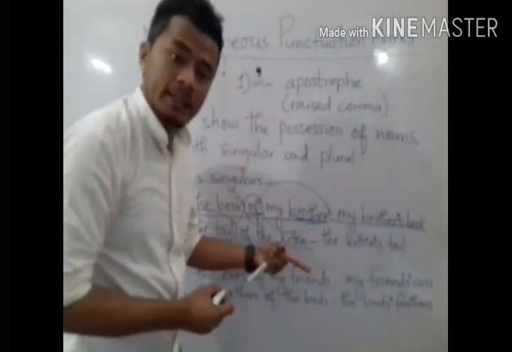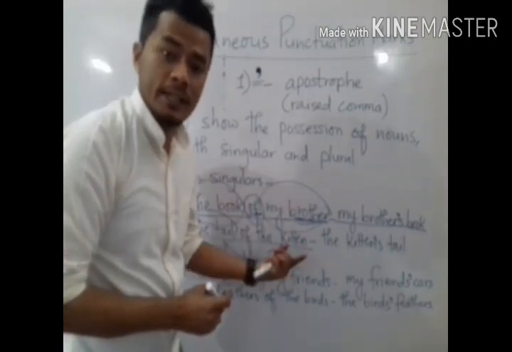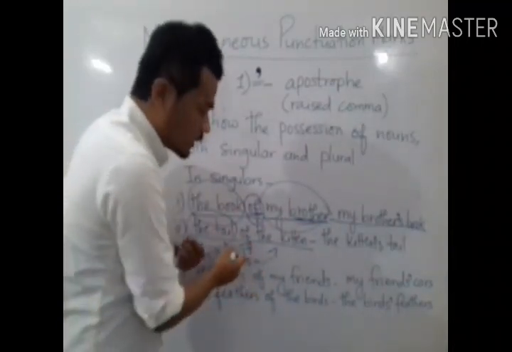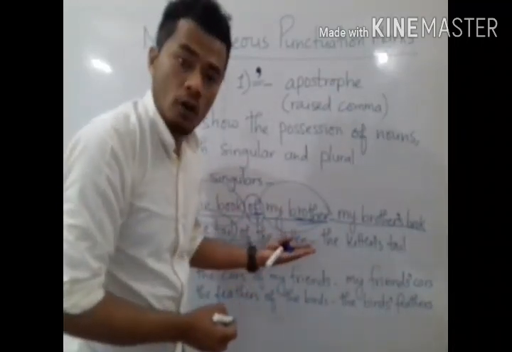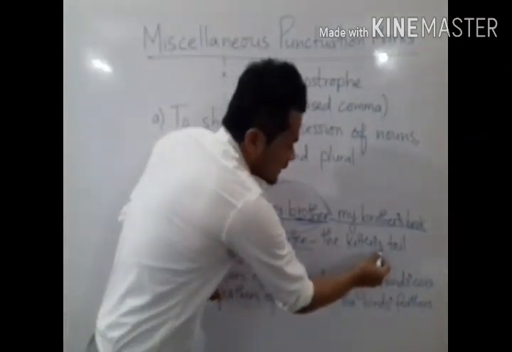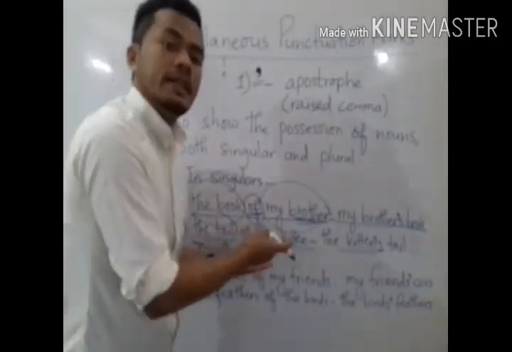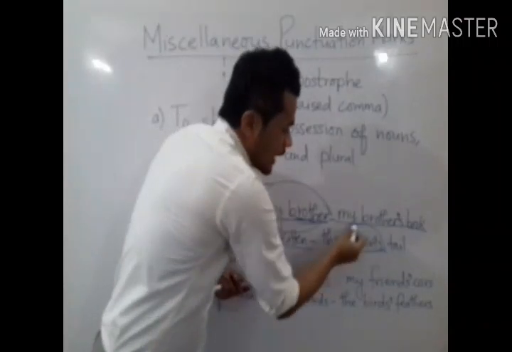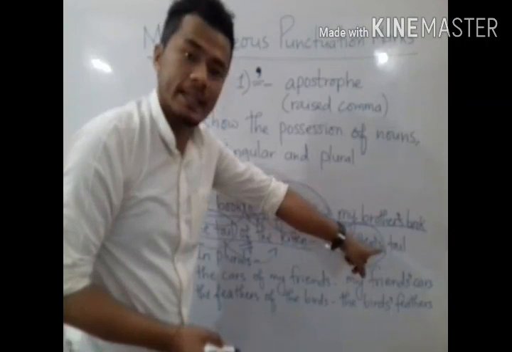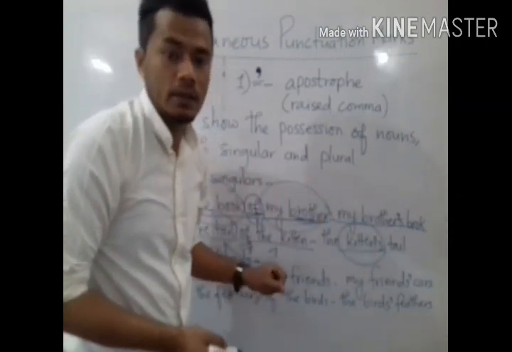Okay. And in singular case, if the noun which is possessing something is singular, we have to put apostrophe s in place of of. Okay. Because we have to remove of from the possessive case. See here. That means I have to write the kitten's tail. The kitten's tail means the tail of the kitten. Okay, here I have shown the possessive case of the noun kitten. The kitten's tail, because kitten apostrophe s, because here kitten is singular.